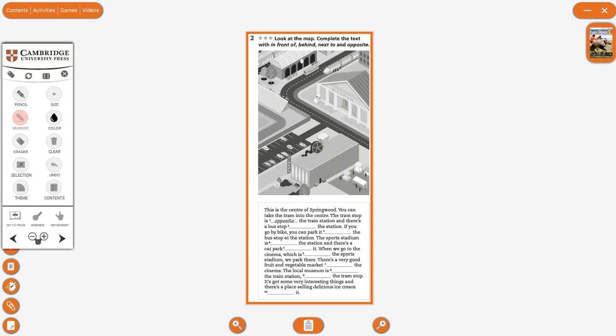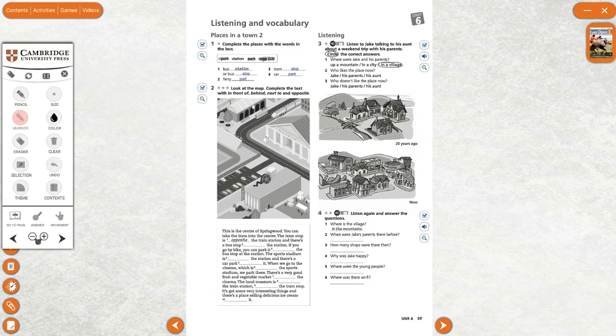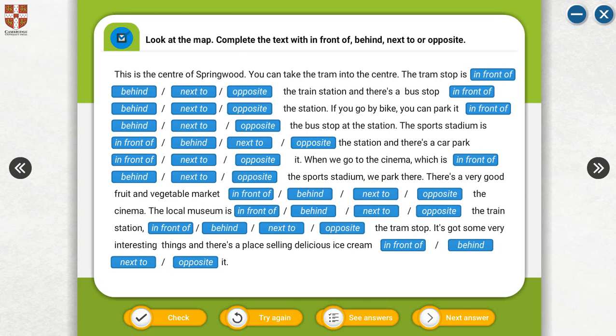We use in front of, behind, next to, and opposite. Okay. I open it. This is the center of Springwood. You can take the tram into the center. The tram is, number 1 is done. The tram stop is opposite the train